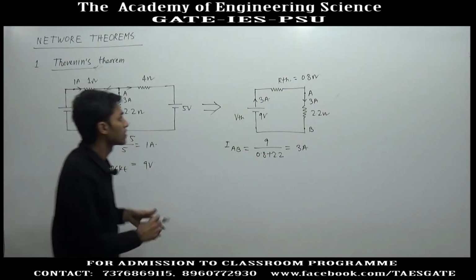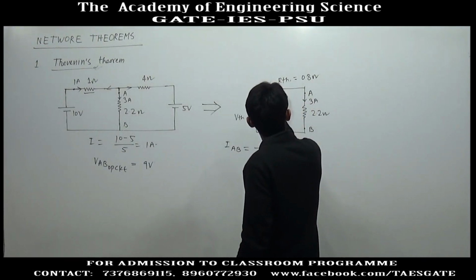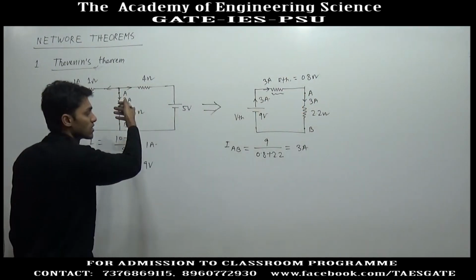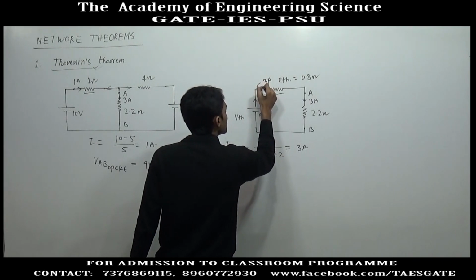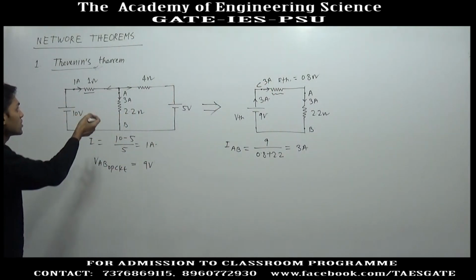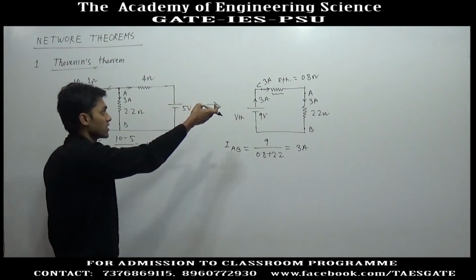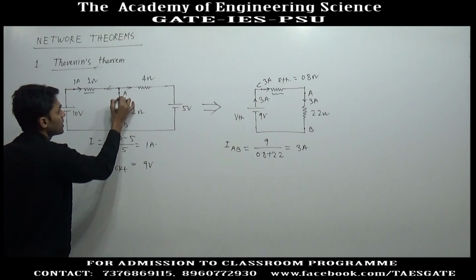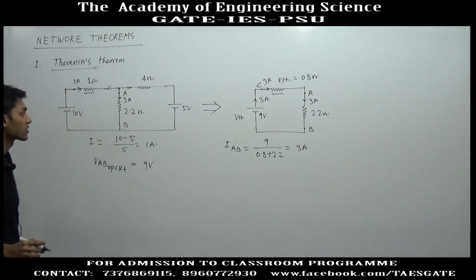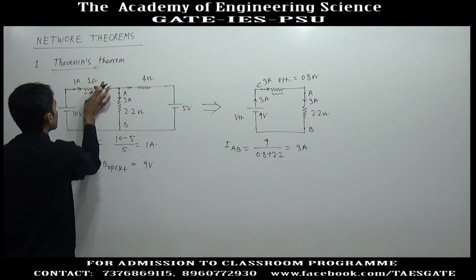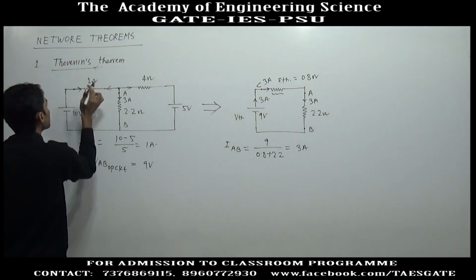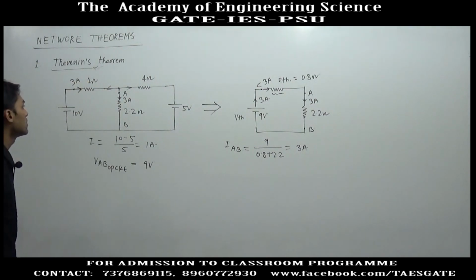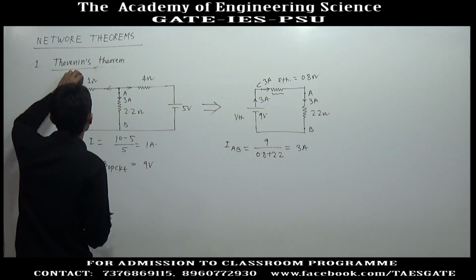But in RTH 3 ampere current flows, but the RTH resistance is not shown in this circuit. Even if this point is C, you cannot locate a point C in this circuit, because this is a new circuit. So you cannot show this 3 ampere current anywhere except this resistance. If you are locating 3 ampere current here, this will be wrong. The 3 ampere current will flow only in this resistance.